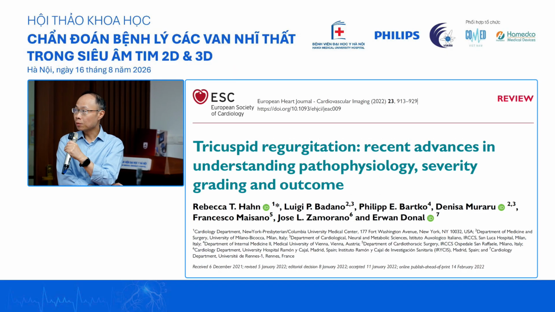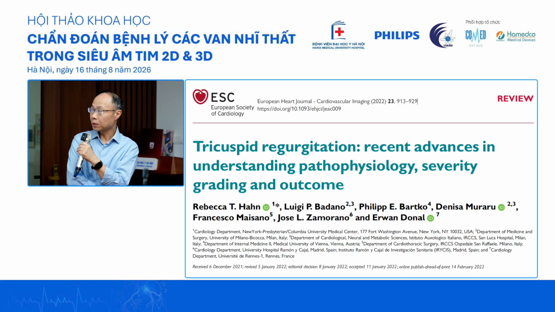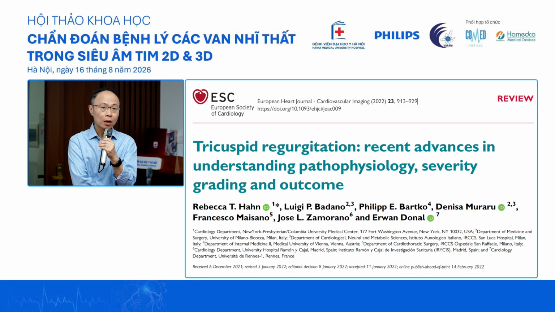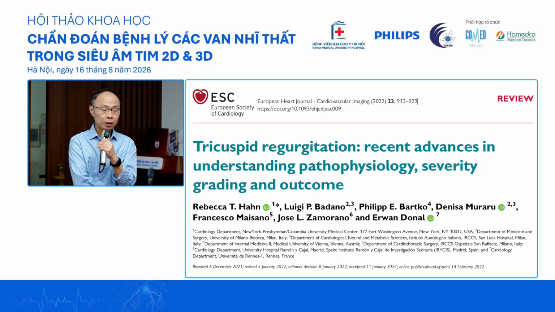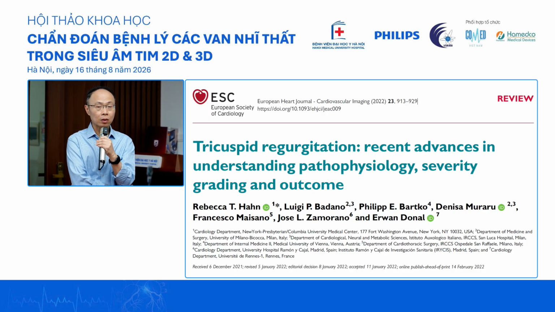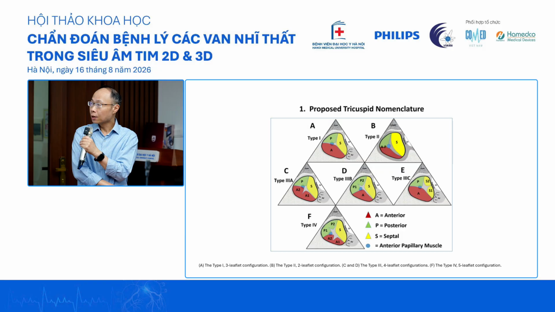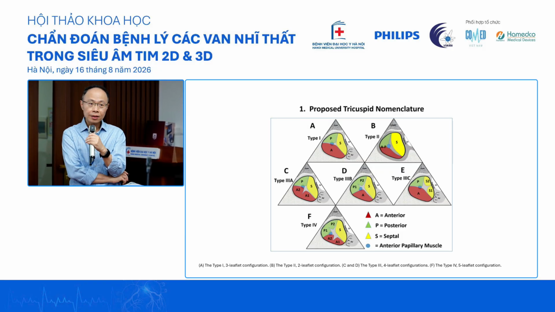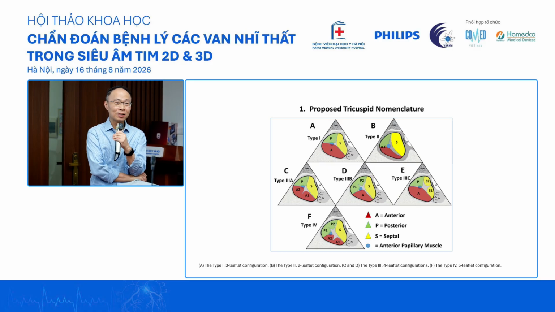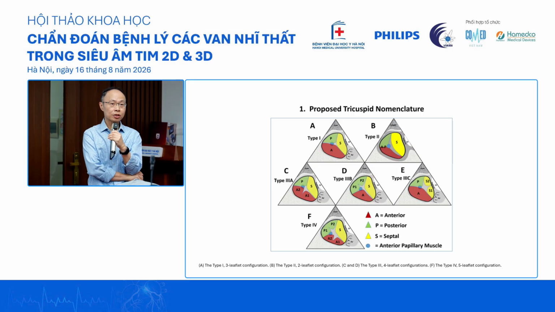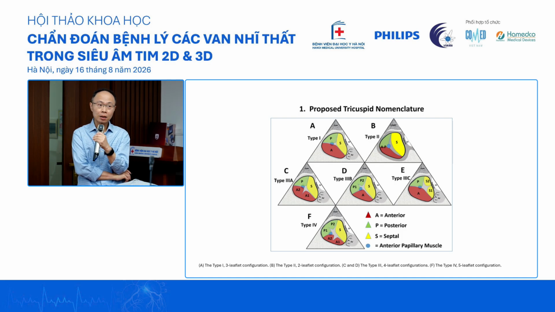What I will share with you has been shared just now by Dr. Tran. I think we learned a lot from Dr. Rebecca Han's work. I think this is really the problem, isn't it? First we realized that the quadricuspid tricuspid valve is pretty common. It's about 30-40%, and then our textbook tricuspid valve is probably just about 50%.